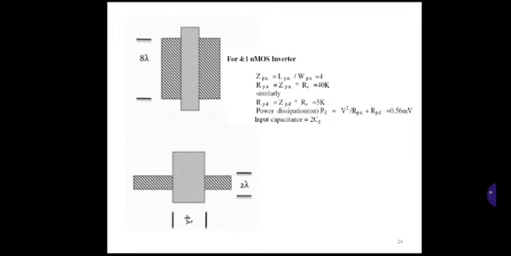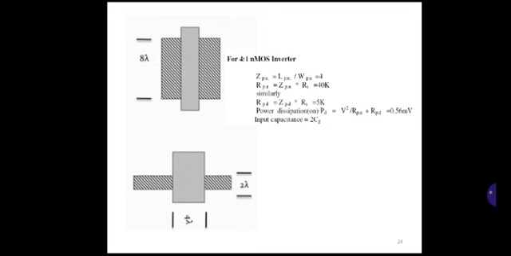Similar to that one, a 4:1 NMOS inverter, its calculation: ZPU is equal to LPU by WPU, 8 lambda divided by 2 lambda, that is equal to 4. So RPU is equal to ZPU into RS from the table. For this one, 4 into 10k, that is 40k. Similarly for RPD, 4 lambda by 2 lambda, that is 2.